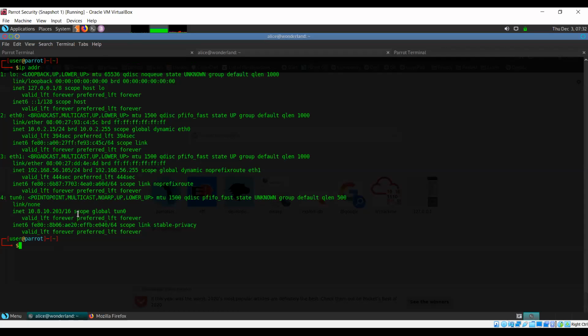I'm using a VPN to connect to a particular network, so that's temporary. As soon as I close that connection, this will go away. That's why you're seeing multiple results here. Otherwise, you'll just see results according to how many adapters you have. So don't worry about this.